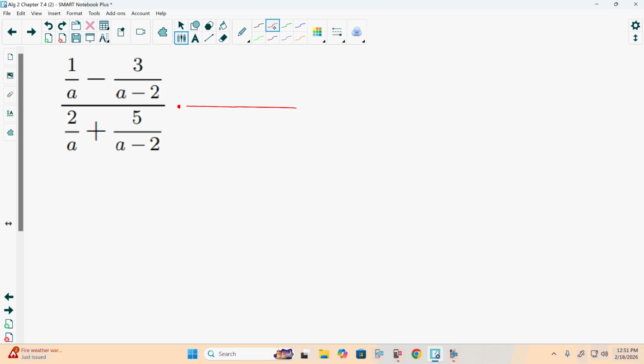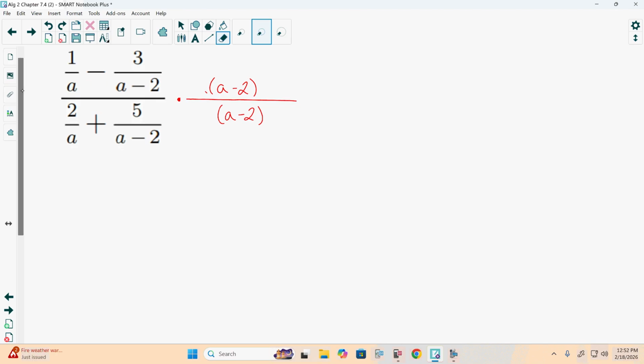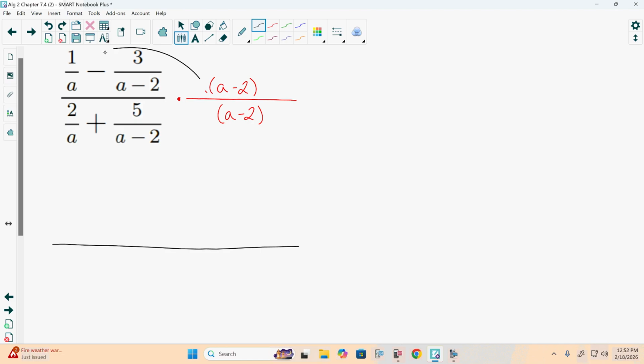So there is no simplifying, there is no factoring we can do. So we can look and see what we need to multiply the top and bottom of this fraction by to get the fractions on top and bottom to simplify. Well, what's one of the terms we can multiply by? A minus 2. Move it over just a hair. Because we can multiply top and bottom by a minus 2. Anything else we need to multiply by? Because if we do this multiplication, let's look at the top. As we would do a minus 2 times 1. And our first expression would be a minus 2 over a